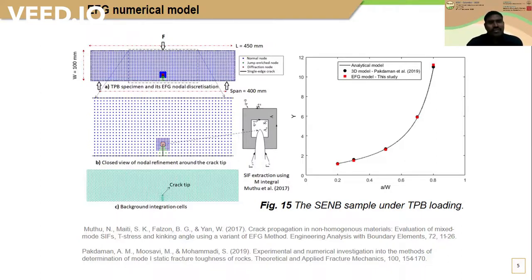The beauty of this EFG method is that it uses higher order shape functions because of the cubic spline weight functions, due to which it can capture discontinuities like fracture initiation and propagation using several techniques, or criteria like the MTS criterion. These are the scopes of this EFG method. In this presentation, I am focusing only on the validation of the fracture toughness results